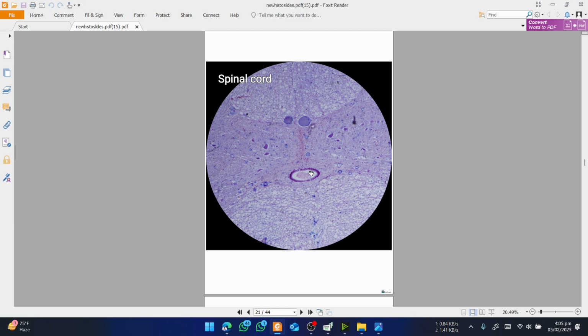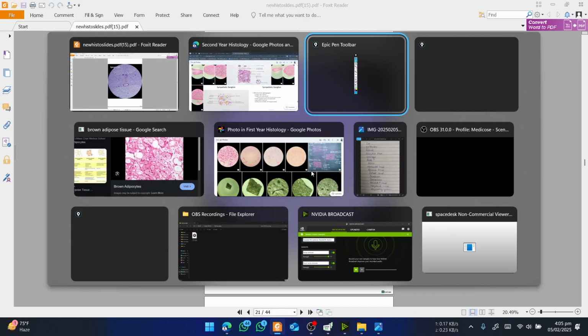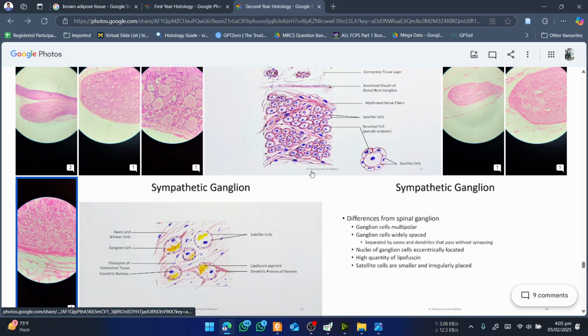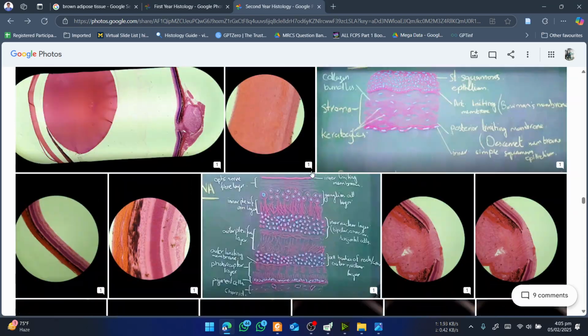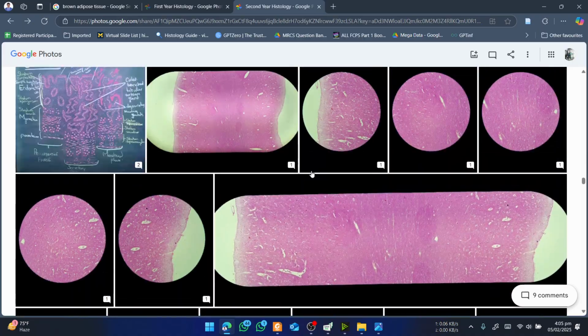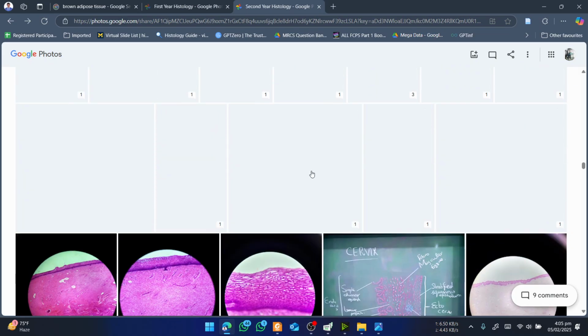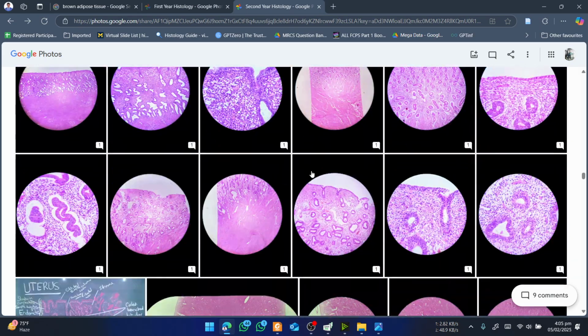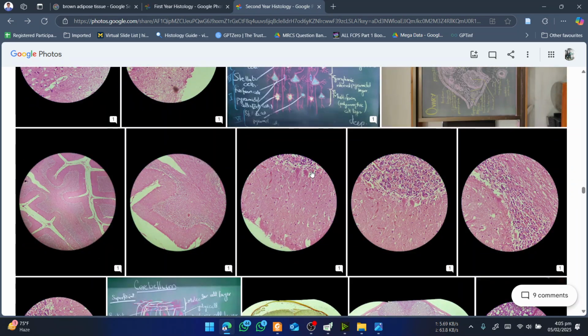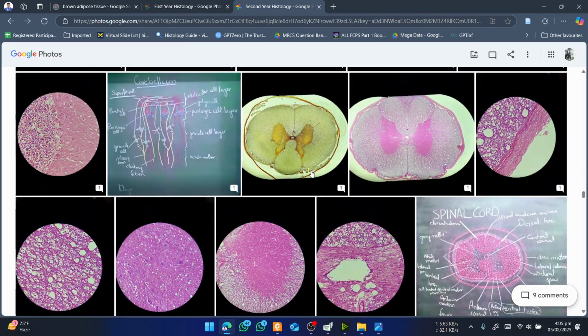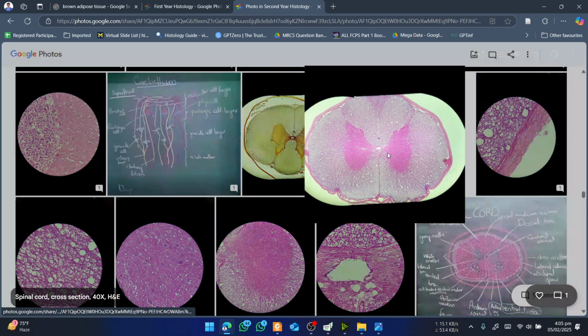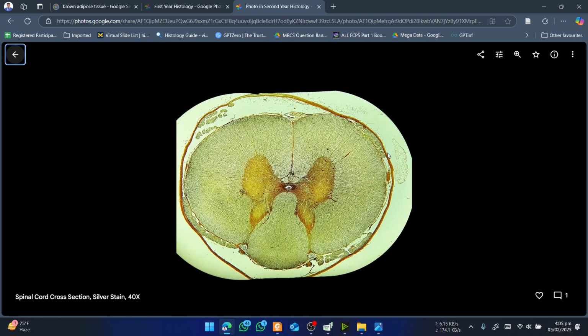Then there is a spinal cord. I think I have shown you spinal cord, but I will show them again. The spinal cord, you will see it in different zoom levels. If you are lucky enough, in your slide you will see a picture like this. It's a very typical picture of spinal cord, showing the butterfly shape of the gray matter